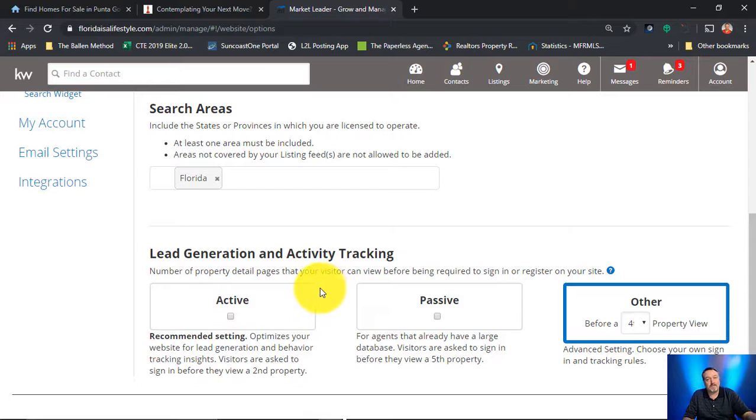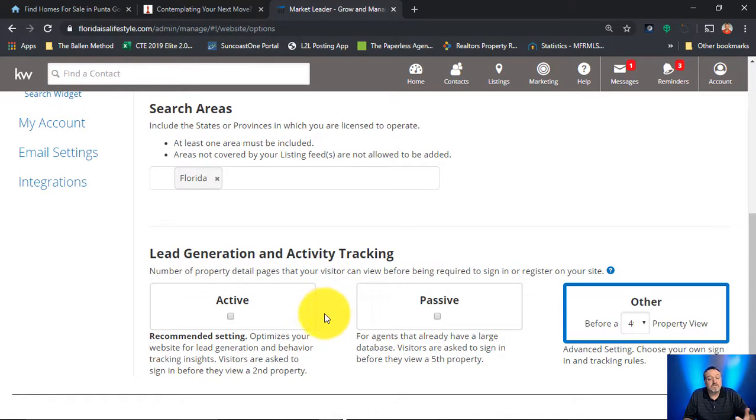Again, this is something that is far superior to the Placester website that we had. With Placester, the lead capture was either full on or full off. What that meant was the minute a customer landed on your website with Placester, it would immediately ask them for their information. It wouldn't let them look at a property first, look at photos, anything. Just the minute they landed on it, boom, it wanted their information. Or it was off completely and it never ever prompted them for their information,